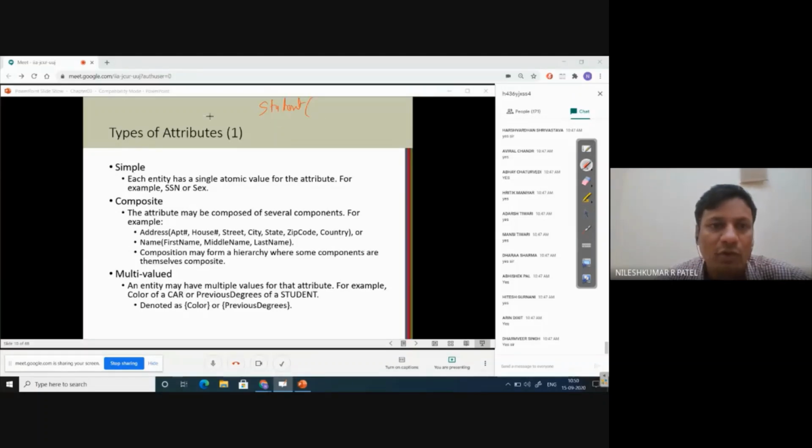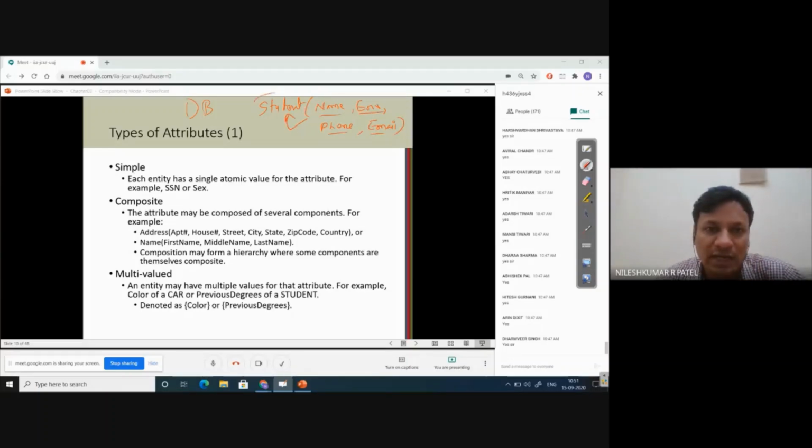I am talking now about database, right? So there is a student table. The first column name is name of student. Second column name is enrollment number. Third column name is, for example, assume it is phone number. And fourth column name is, assume it is an email id, right? Just try to understand this. So these four are, you can say, attributes of this particular table.